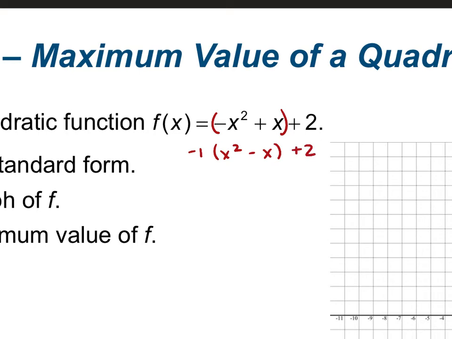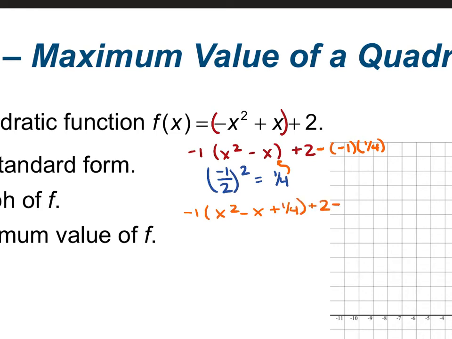From here, I am going to take that negative 1, divide it by 2, and square it. That gives us 1/4, or 1/2 squared. Negative 1/2 squared is 1/4. There we go. So when we go to add this in to that set of parentheses, we're going to take that negative 1 that we factored out and subtract by it times what we're adding in to that set of parentheses. So we have negative 1 times x squared minus x plus 1/4 plus 2 minus negative